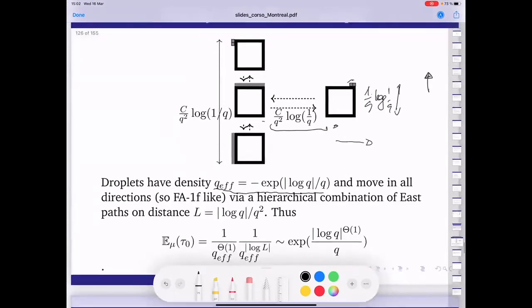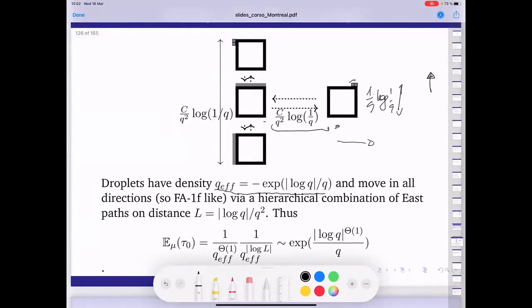So the moral is that my dynamics is able to do, via paths that are allowed in typical environments, so in environments which are typical with respect to the equilibrium measure, a motion which is vertical in both directions. Actually, both the vertical direction up and down require just 2 empty sites in order to be unblocked. I can do this by paying just the cost, meaning just waiting the typical time that I have to wait to move the droplet east-like